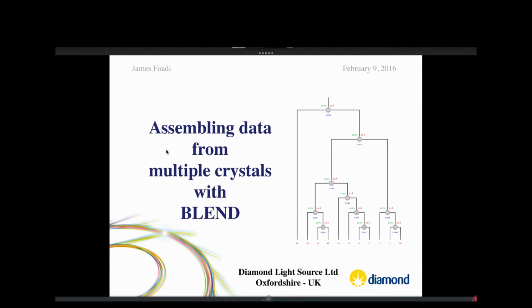Right, so in the course of the next 30 to 40 minutes, I will try to justify why in recent times it has become increasingly common in macromolecular crystallography to create complete data sets using multiple crystals. I will shortly introduce and explain Blend, which is a CCP4 program, and whose aim is to help users to assemble data from multiple crystals, like you said. And I will try to show in a bit more detail with a tutorial how the program can be used effectively. So let's start